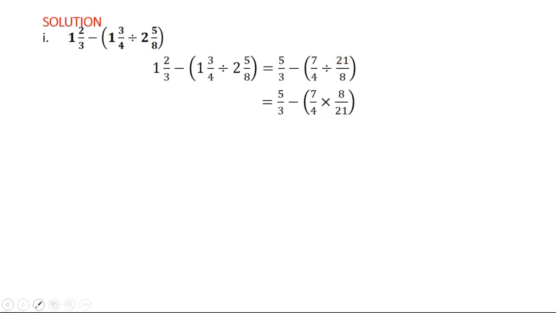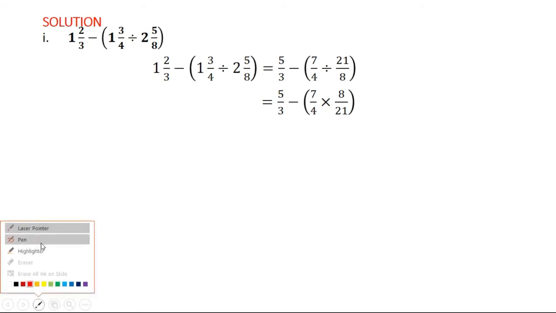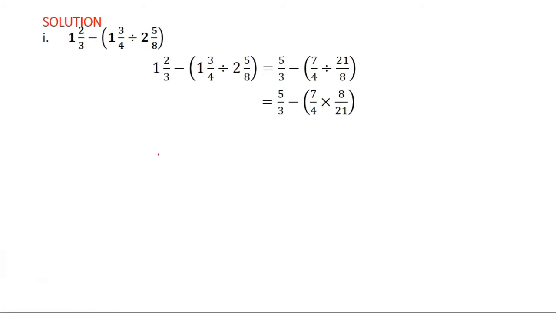So check and see if you can cancel anything out before we do the multiplication. You can see clearly from here that 4 can cancel 4. 4 can cancel itself 1, and cancel 8 2 times. 7 can cancel 1. 21 divided by 7 will give us 3. So we proceed. We have 5 over 3 divided by